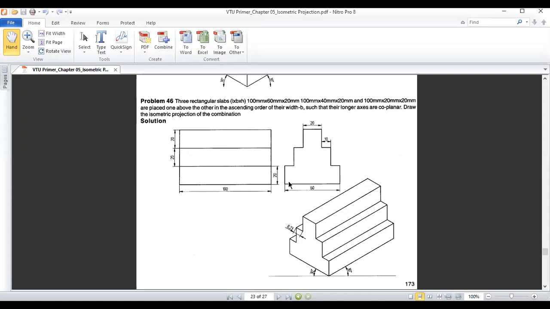Another method is you can initially draw only this front view, and from this initial front view, from each corner you can give a length of 100 mm. So these are the two different methods which you can follow. I will do it by the front view method because the first method is easy and you know it. You just have to do first 100 mm this side, then 20 mm above, then 60 mm on the other side. So let me go by the front view method. How to do that? Let us see here.